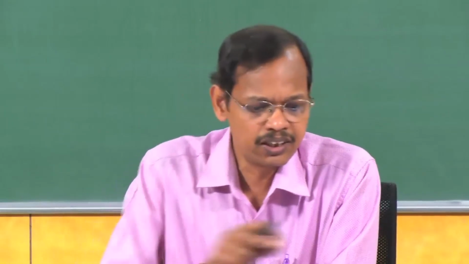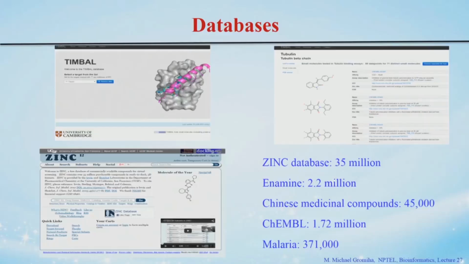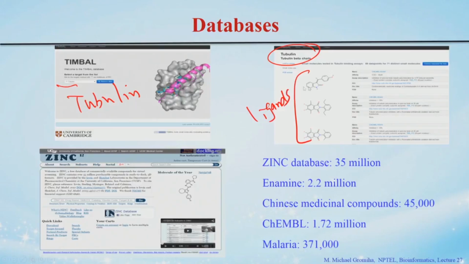So, this another one is called the ChEMBL database. Here also you can get the different ligands based on any target. For example, if I use tubulin, right, so tubulin search. So, these are the various ligands, which are related with this tubulin. So, they interact with the tubulin. So, you can know the binding mode and the binding site as well as the activity data for all these